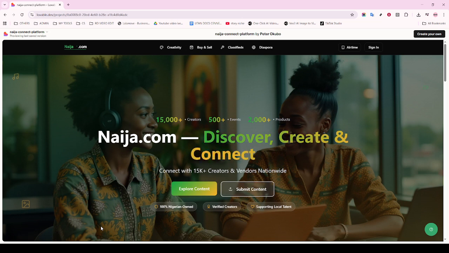Finally, we'll test the website live on your domain to ensure everything is functioning correctly. Open a web browser and enter your domain name. If everything is set up accurately, the Lovable AI project should appear in all its glory. Take your time to navigate through the site, checking all the features to ensure they work smoothly. If something isn't quite right, don't panic. Double check your file uploads and configuration settings and ensure your